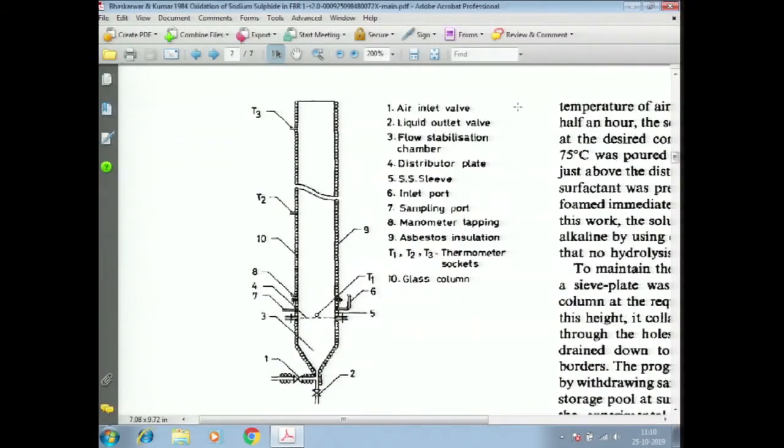In that empty reactor, we pour in the solution of sodium sulphide Na2S containing a known concentration of a surfactant. And as soon as we have this layer of liquid here, which is the storage section through which the air bubbles emerge, they form a layer of foam, and then the next layer, etc. So, the whole empty column will be filled up with foam, and the foam would attain a certain height, which would be determined by how the drainage of this aqueous solution has occurred through the column.